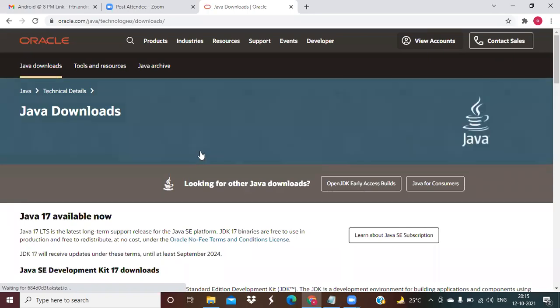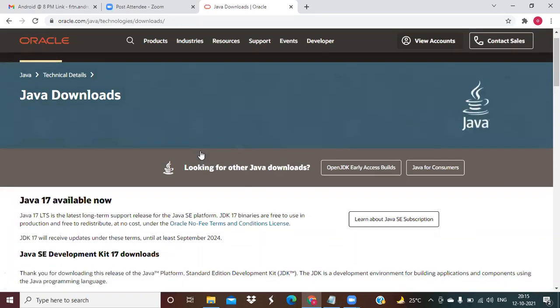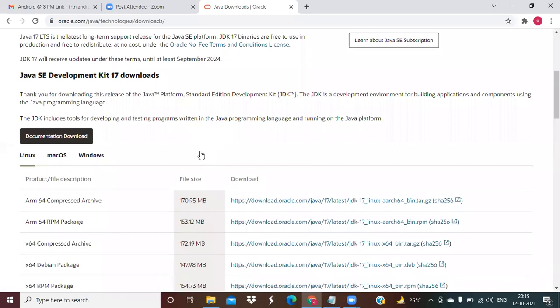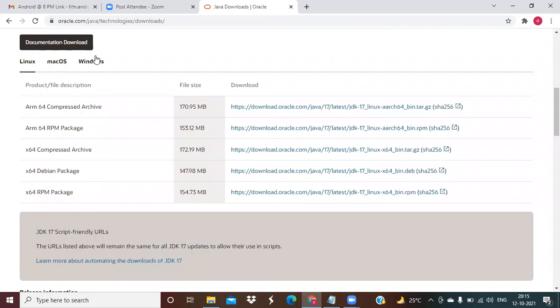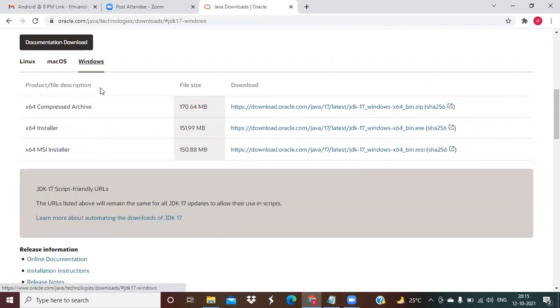It redirected to the same page again. Mac or Windows, the latest Java JDK, this one you can download.